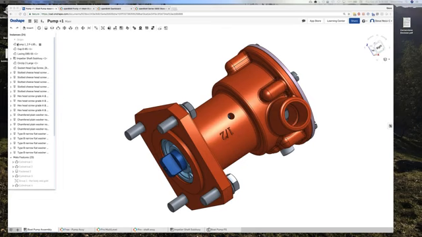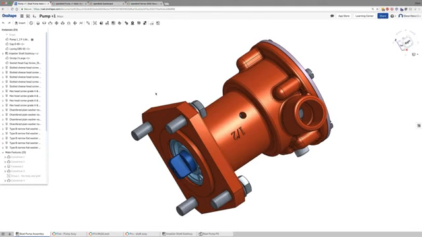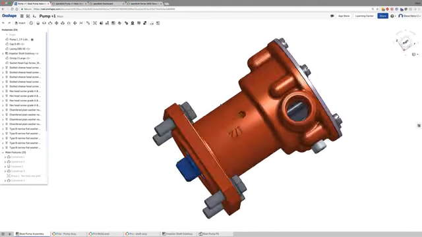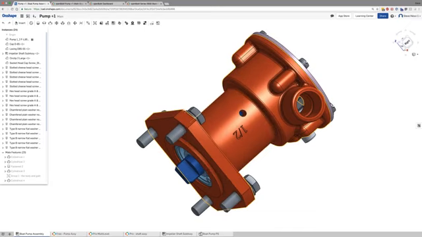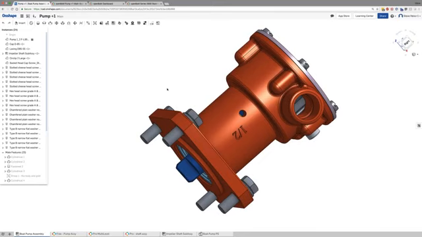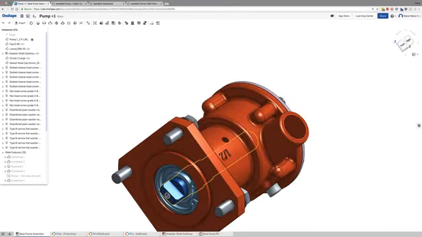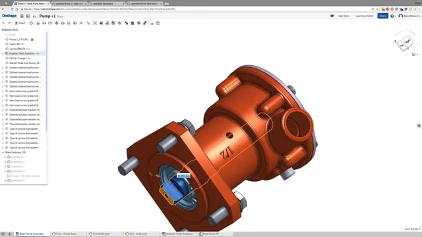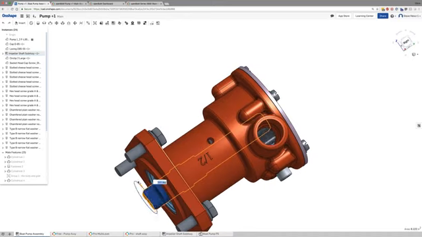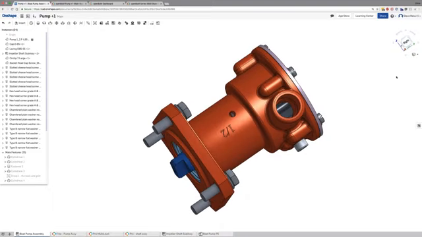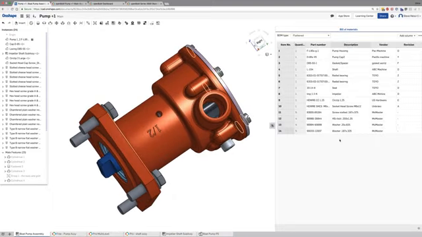I think everyone might be familiar with this popular Onshape model of the boat pump. This has been updated to demonstrate some of the latest features in Onshape and OpenBOM. So let's begin. This is an assembly of the boat pump. It's fully featured. It has all the behavior that you might expect from an Onshape model, and we will take a quick look at the Onshape bill of material as Joe described it.